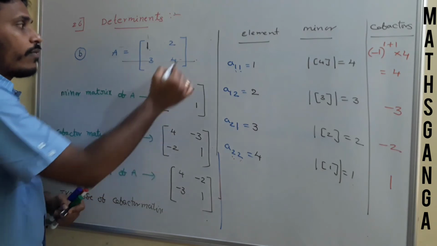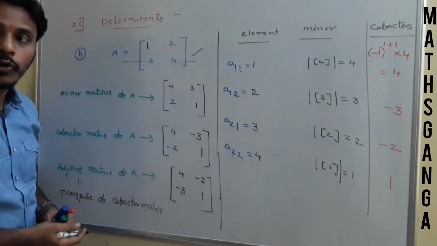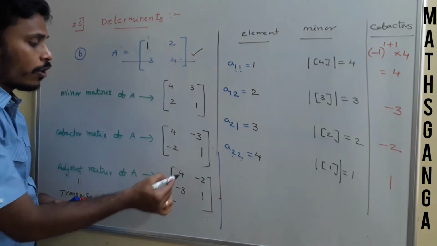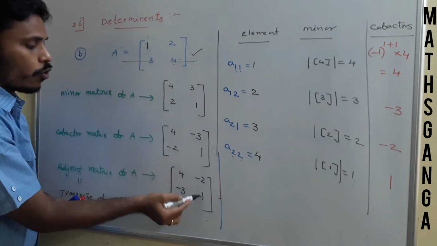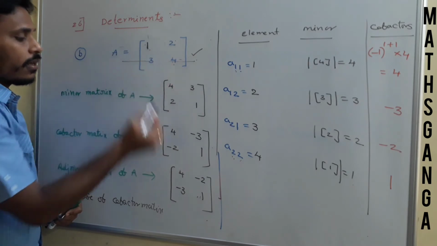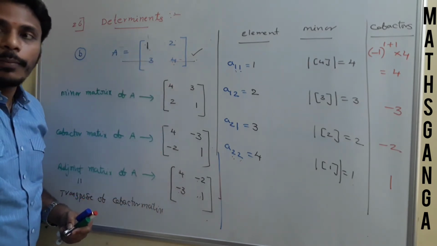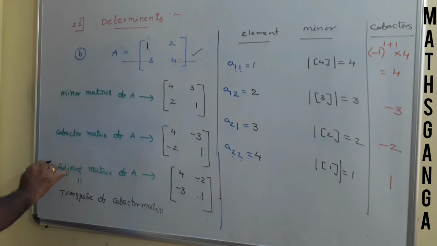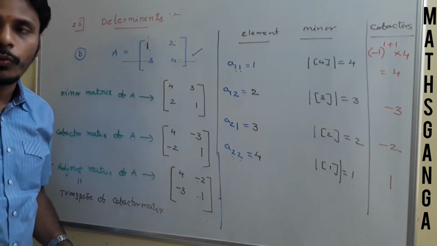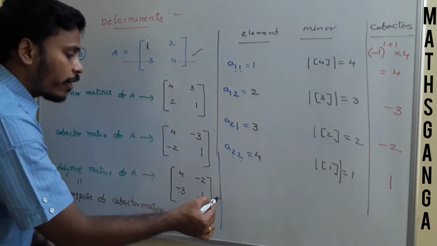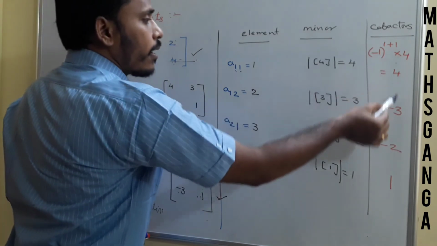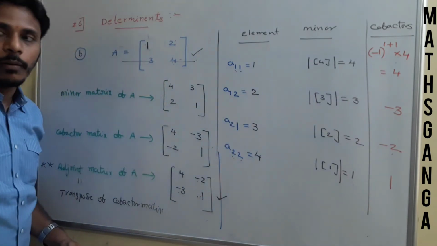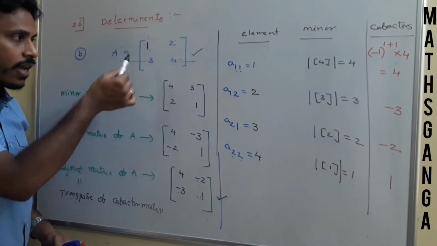Just have a look. For the given matrix 1, 2, 3, 4, its adjoint is given by 4, minus 2, minus 3, 1, like this. Okay, these two elements, 4 and 1, are interchanged actually, and these two elements get a minus sign, the opposite sign, minus 2, minus 3. See, this adjoint matrix helps us in many ways in finding the inverse as well as in solving equations. So at the end, the adjoint matrix is very helpful in solving equations, and these cofactor values are helpful in finding determinants. I will mention that again here. Just have a look first.